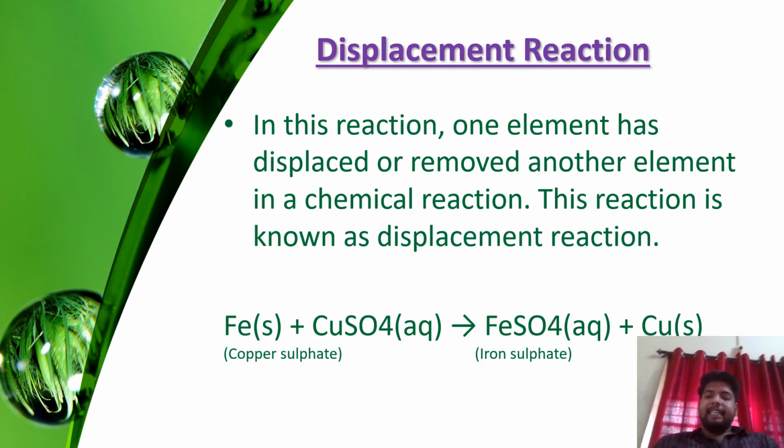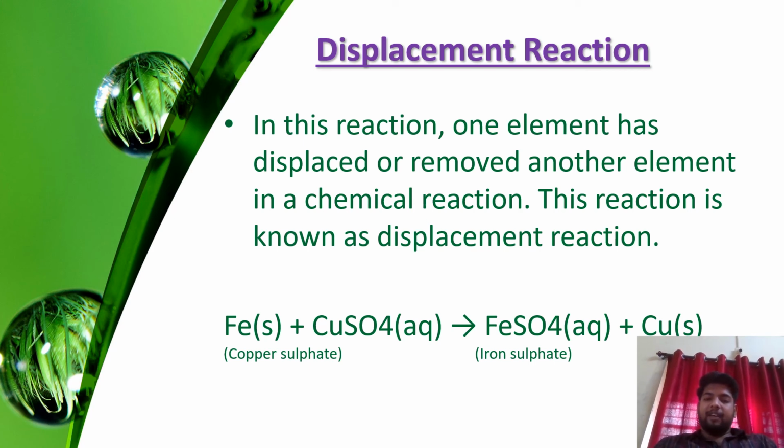The next one is displacement reaction. In this reaction, one element displaces or removes another element in a chemical reaction. This reaction is known as displacement reaction. So here are two reactants, Fe and CuSO4. This Fe displaces the copper from the copper sulfate. This is copper sulfate. The iron displaces copper. So the copper goes to this side and the iron takes place